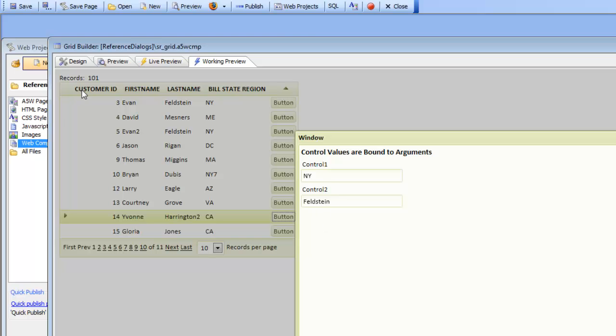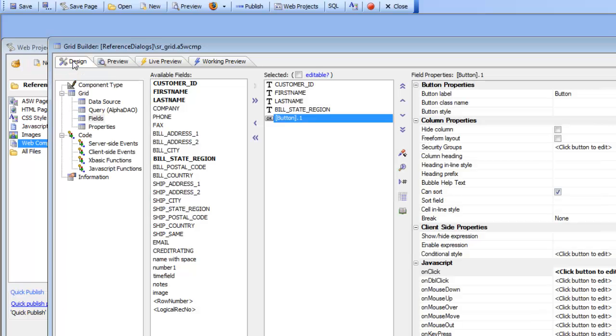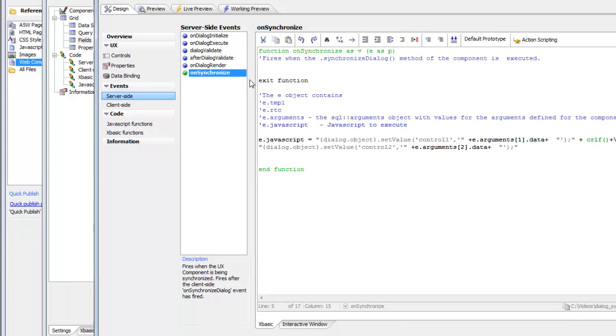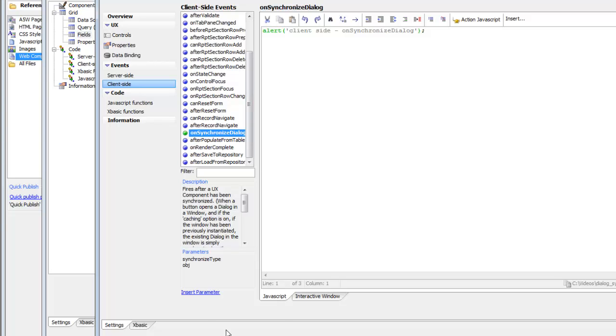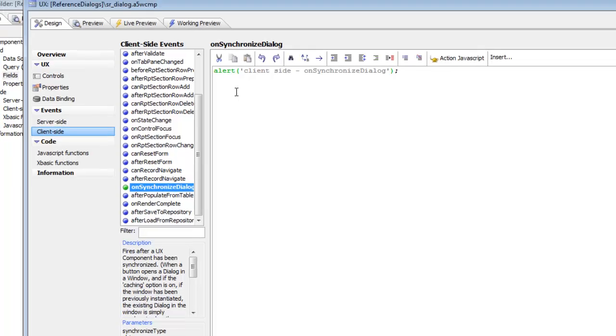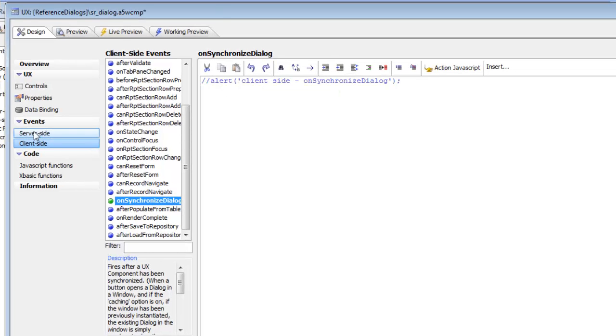the client-side onSynchronize event, because if we go back to the dialog now, we can see that what gets passed into this event is the synchronized type, which in this case there is no special synchronized type here, and then object, which is a JSON object with all of the information that was retrieved from the grid. But it's pretty complicated to parse this object and figure out how to update the fields. So I'm going to comment this out now, and now go to my server-side code,